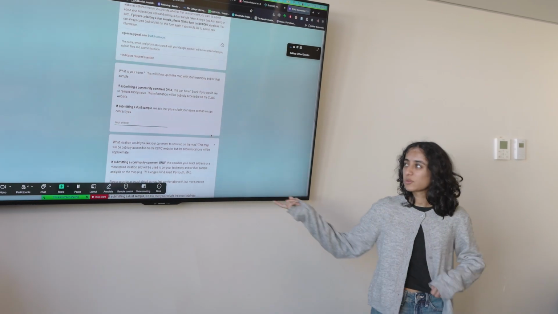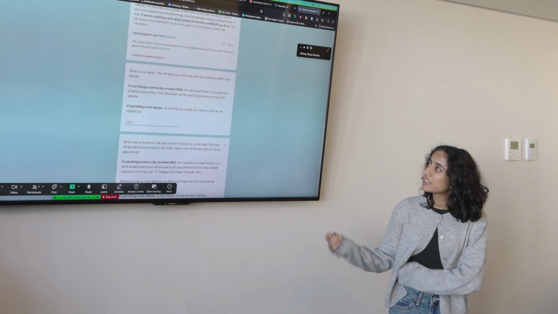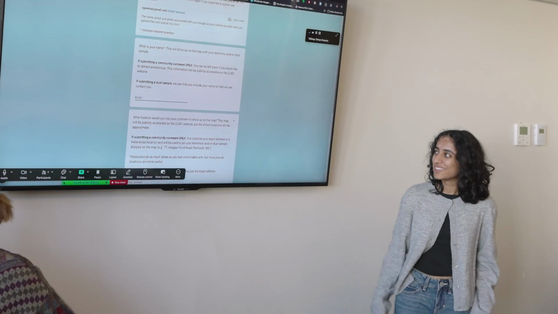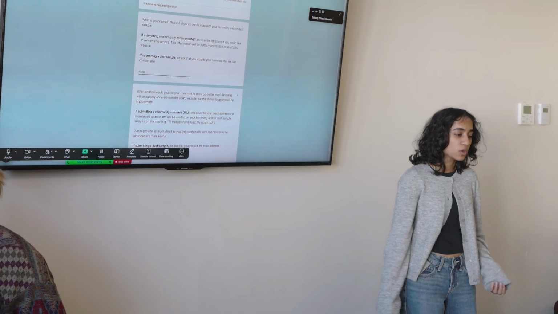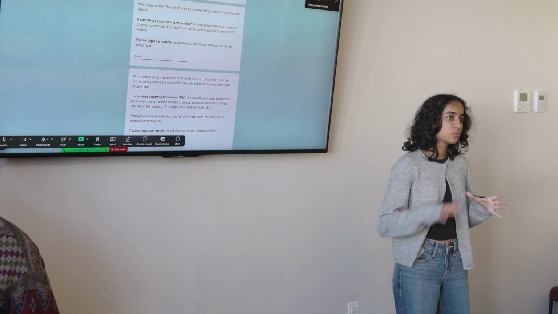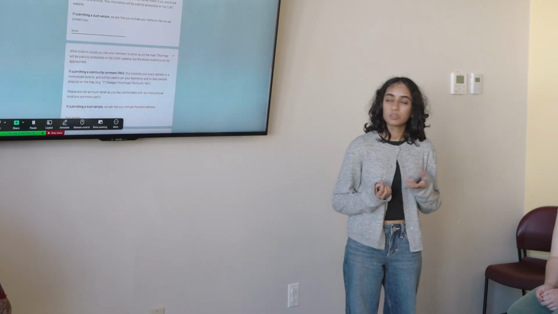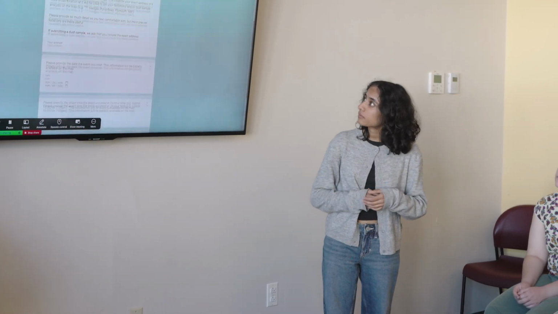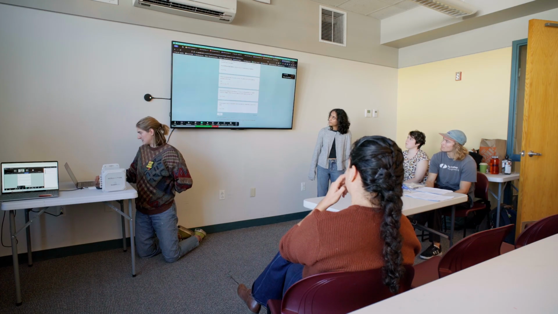Okay, so this is where you can fill out your information about submitting a community comment. It's a pretty detailed form, and we have a couple one-pagers, which you have one right there, but it explains how to submit the form if you're having trouble. So, yeah. Name, location, date, time.